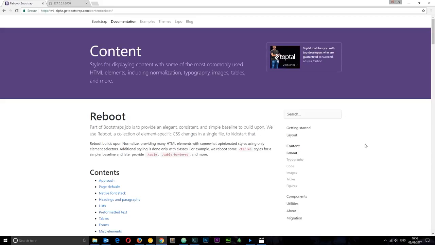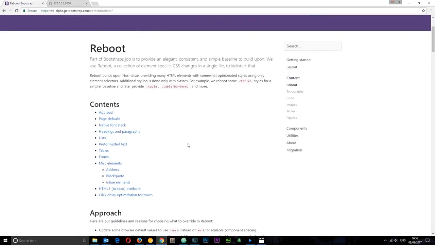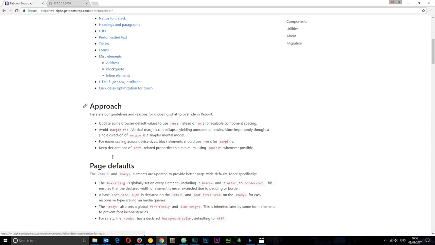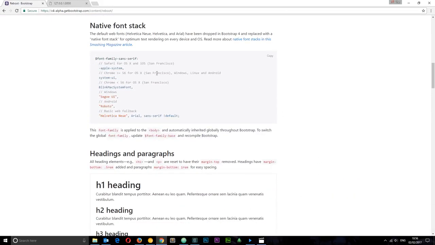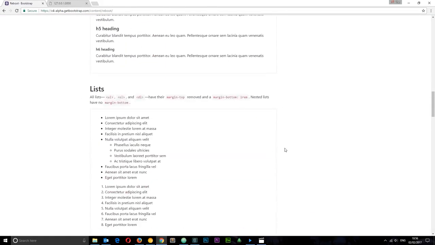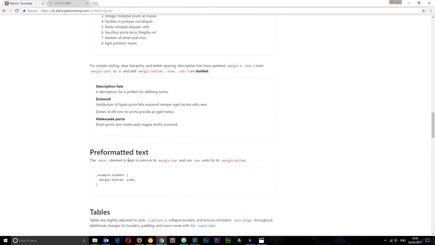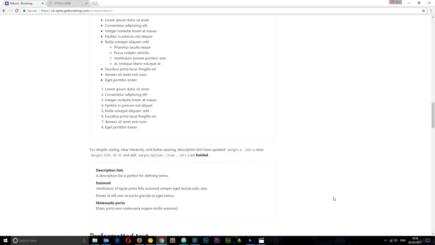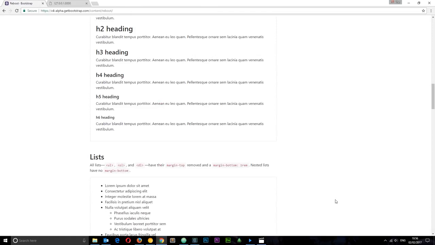It gives us a good starting point, and you can read more about the reboot on the docs right here. Just click on content and then reboot, and it shows you all the different approaches it uses and the different styles it uses for headings, lists, pre-formatted text, tables, etc. So it really strips out a lot of the browser inconsistencies and unifies them into one really nice clean baseline style. So what I want to do now is show you a quick example by creating a few different